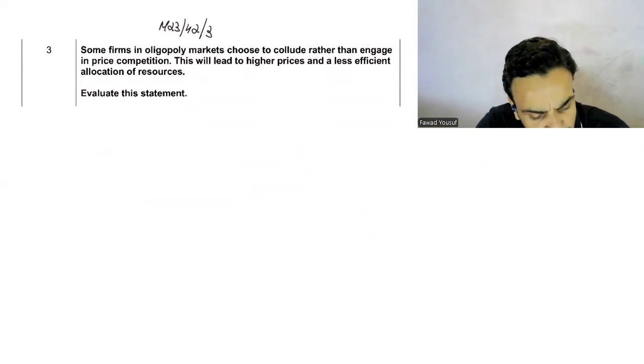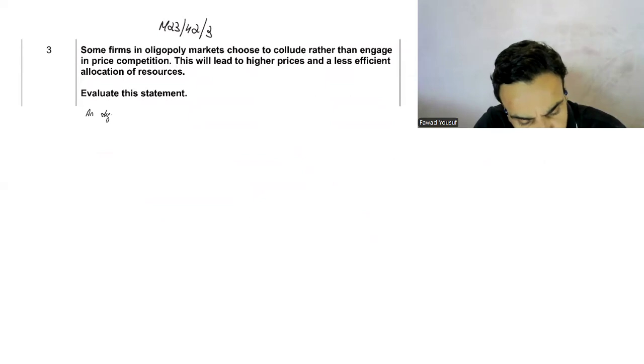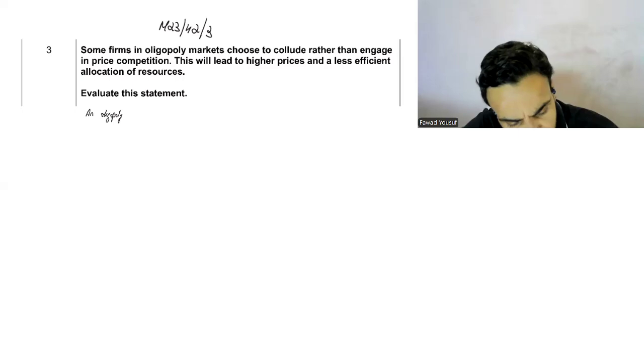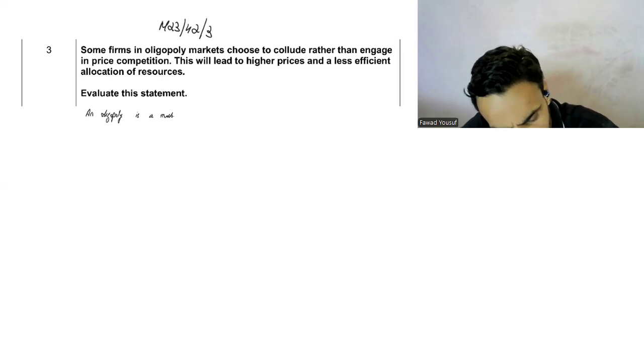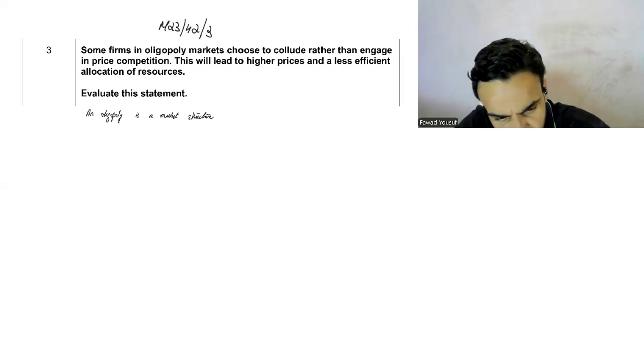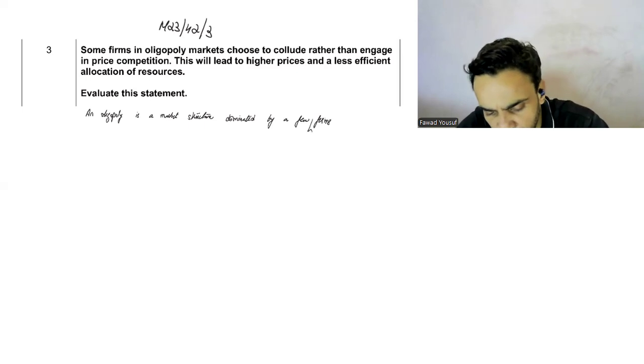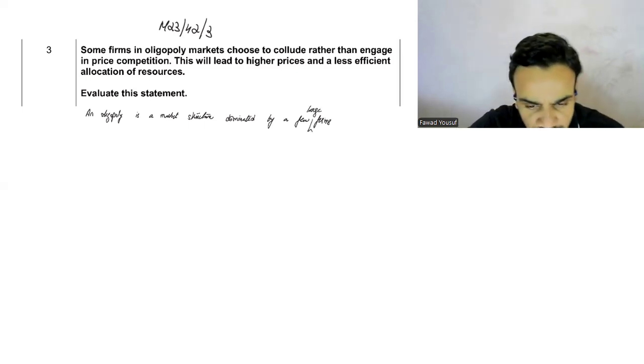So this is what I would do. We'd start like this: oligopoly is a market structure. It is important to write this. When you are explaining oligopoly, it is dominated by a few firms, rather, a few large firms,